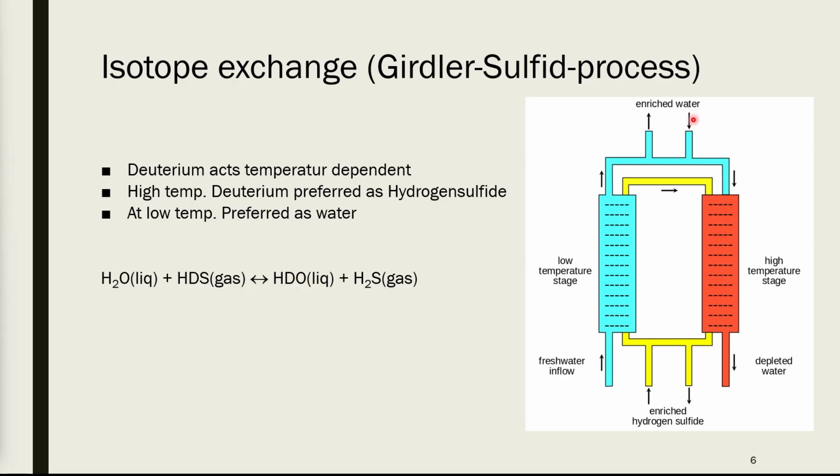I kind of have an issue with this labeling, but let's say, for example, you have normal water with natural deuterium levels. In this high temperature stage, the normal deuterium from normal water content would then move into the hydrogen sulfide. This hydrogen sulfide will then be enriched and can then, at the low temperature stage, exchange its newly gained deuterium to the hydrogen, and then you can have enriched water and so on until you reach an enrichment